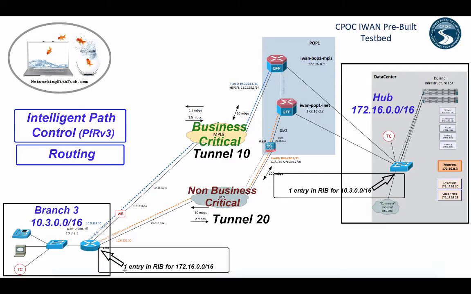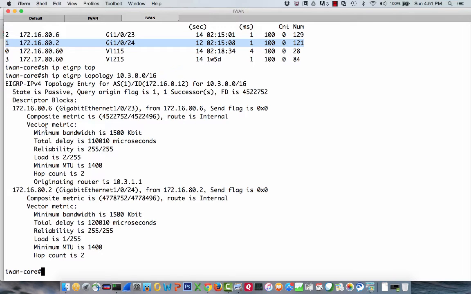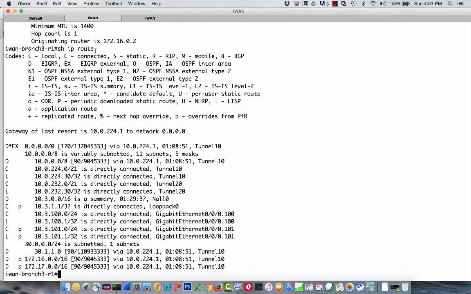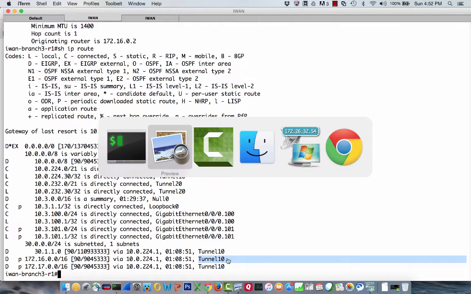Now, of course, with one entry in the RIB for 172.16.0.0/16, and that is still pointing out tunnel 10, how do I send anything out on tunnel 20 destined for 172.16.0.0/16? Again, the intelligent path control. Let's look at this. So we already know that at branch 3, if I were to do a show IP route, it would say that I am supposed to, according to the control plane, send 172.16.0.0/16 traffic out over tunnel 10. If that were the case,